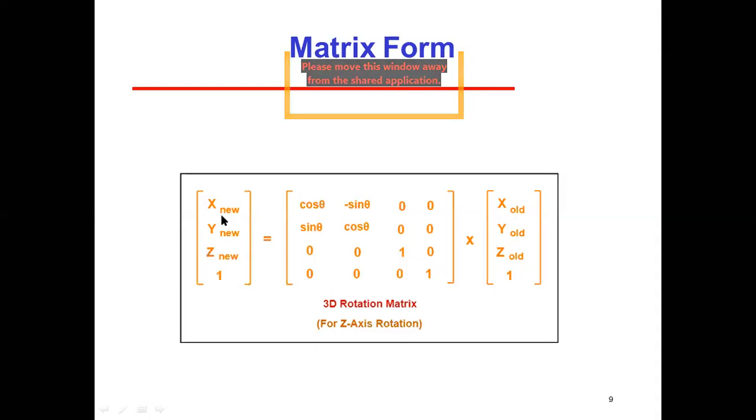Ultimately we will get a single column, and then we can compare: x new is equal to some value. Suppose we are getting 0 0 0 1, then we can say x new is equal to 0, y new is equal to 0, z new is equal to 0, and 1 is equal to 1. In this manner we can calculate the vertices of a triangle or anything else, whatever we want to calculate. We use the same matrix formulation, but it depends on the axis of rotation. So we use the same formula for the axis about which we are going to rotate our object.